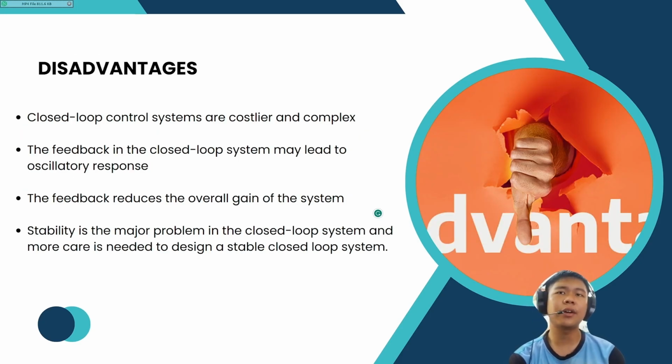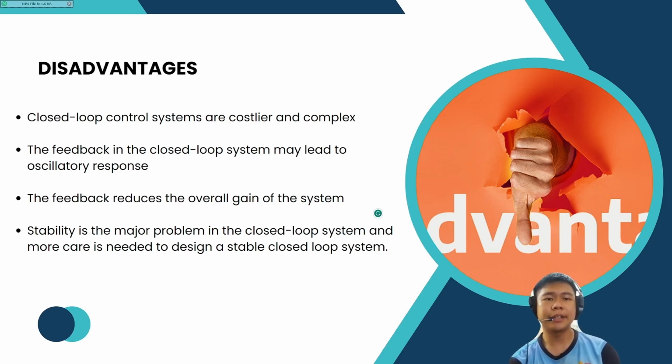And the disadvantages of closed systems are that they are costlier and more complex because they have to be programmed and are hard to manage. Second, the feedback in a closed system may lead to an accelerated response, which is when the sensor is too sensitive, so the device may work out of our control. Third, the feedback reduces the overall gain of the system. And last but not least, stability is the major problem in closed systems, and more care is needed to design a